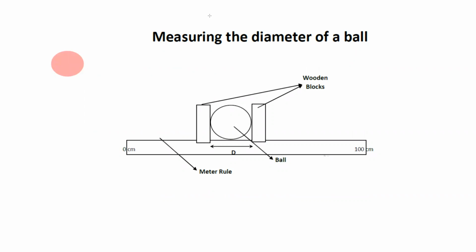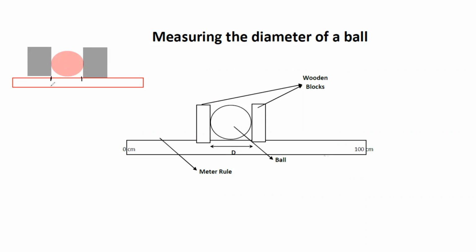So what I do, I will place a ruler. I can place a ruler next to this, but because it does not have any edges, it will be difficult to read the scale right now. So for accuracy, what we can do is place two rectangular blocks next to this sphere, and we will measure the length and read the marking.